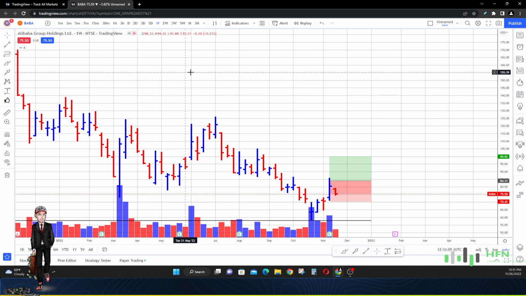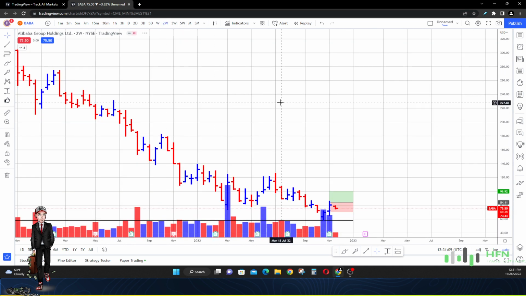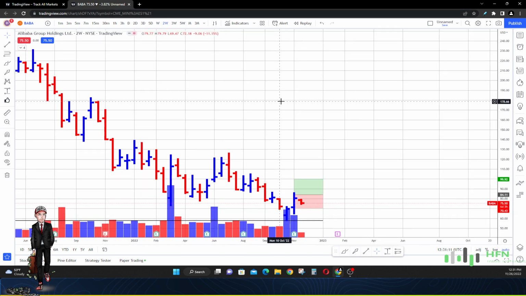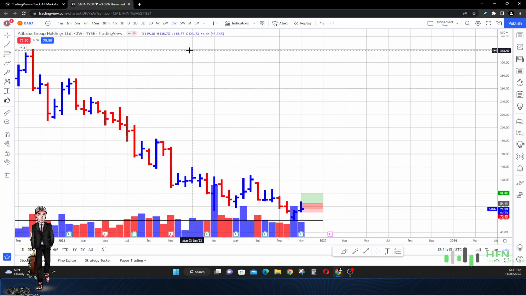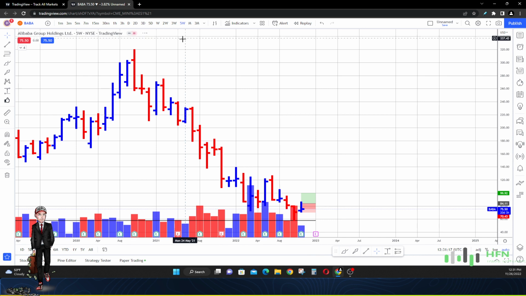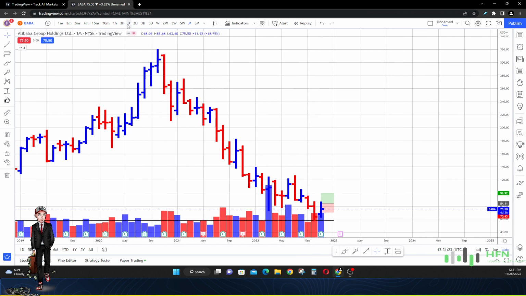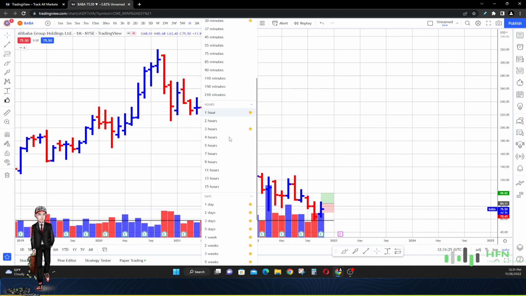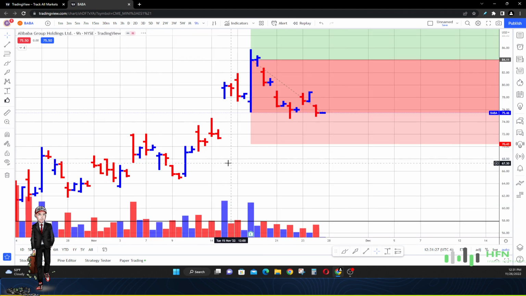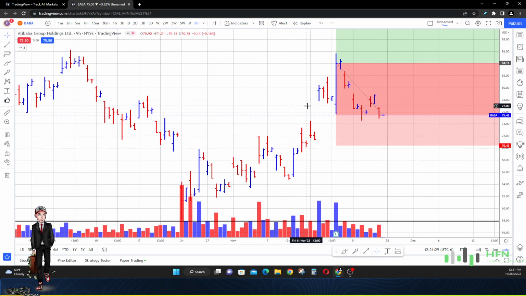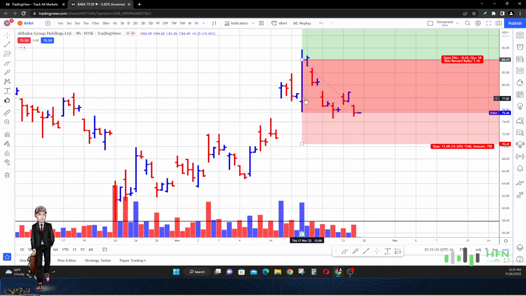Look at that. Even here on the weekly chart. 2 weeks. Okay. Even here on the 3 weeks. 5 weeks. Monthly. So this is where it's at. Let me look at this on the hourly chart first. So we're going to look at this on the 9-hour chart first. And you guys can see how weak the market is. It's just that simple. Okay, the buyers are not here right now.